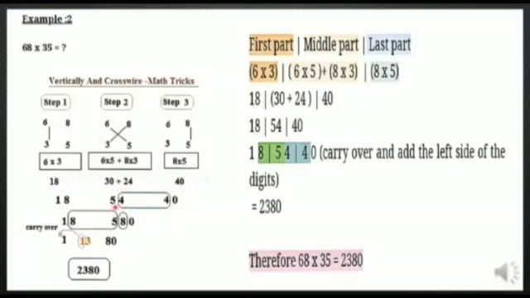What answer do you get? 54 and 40. So here, you will write 0 as it is and you will add 4 and 4. What do you get? 4 plus 4, you will get 8. So in the next step, you will write 18 as it is, 5 as it is, 4 plus 4 is 8, so you got the answer 8 and 0. Now you will not touch 8 and 0.